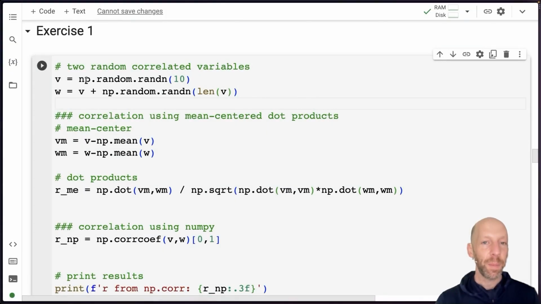Here I am creating two random correlated variables, and the way that I impose the correlation is simply by defining w to be v plus some random number. So that is the simplest, easiest, most straightforward way to create two correlated random variables without worrying about what the exact correlation coefficient is. Okay, here I mean center, and now I'm computing a slight variant of the equation that I